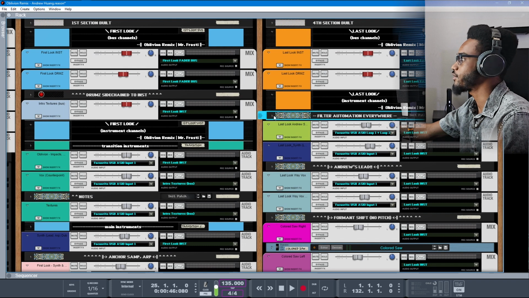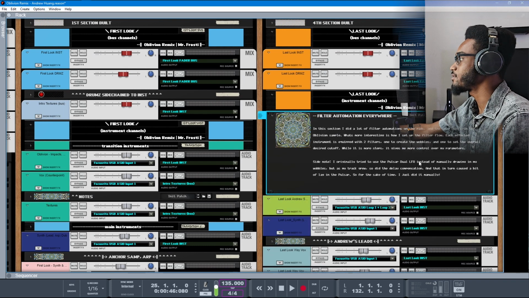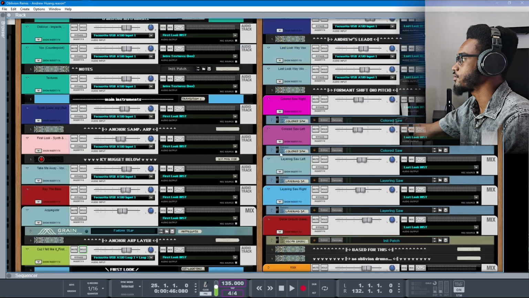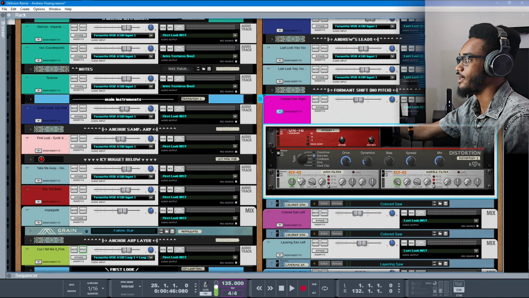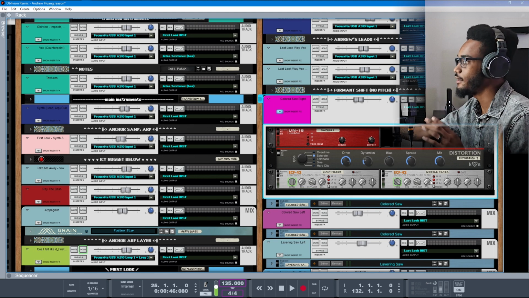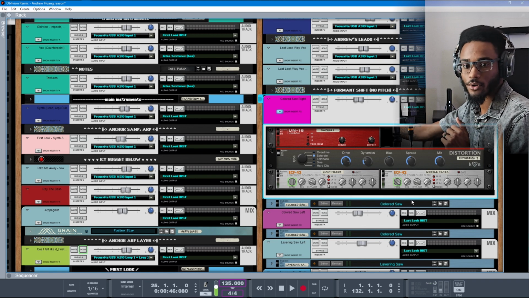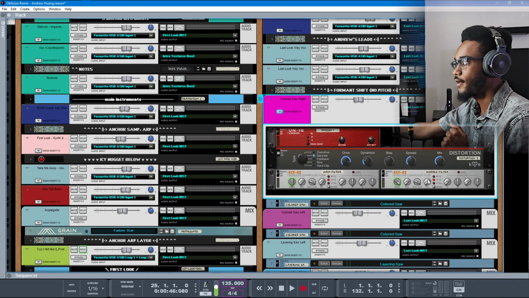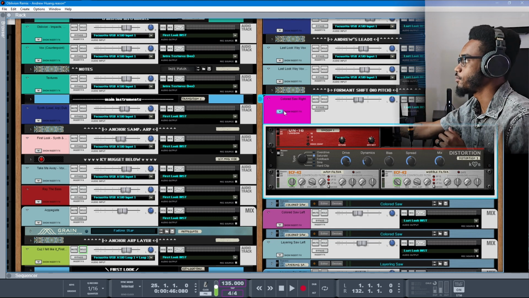So, first note we have here is filter automation everywhere. Not to read all of this, each filter or saw pad that I have in here has two filters. It has the main filter, which controls the overall frequency level that I want it to be at. And then it has what I call the wobble filter, which is what I'm taking from 0 to 100 real quick, giving it that wobble sound.